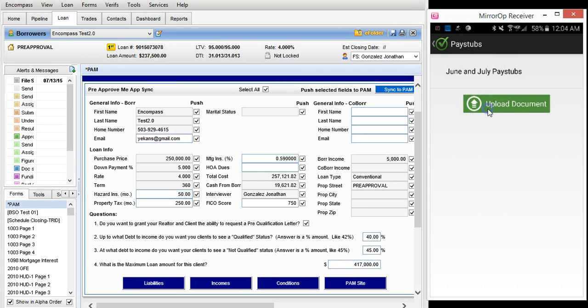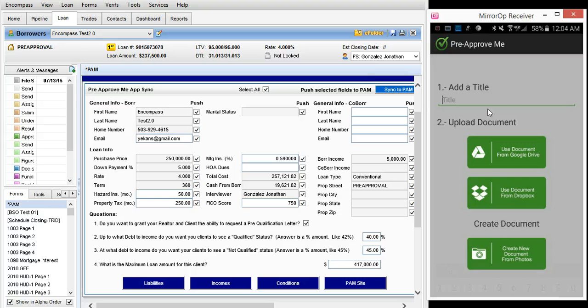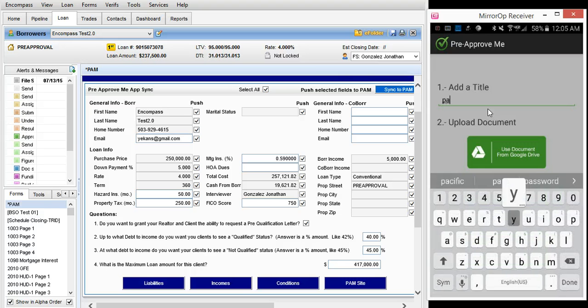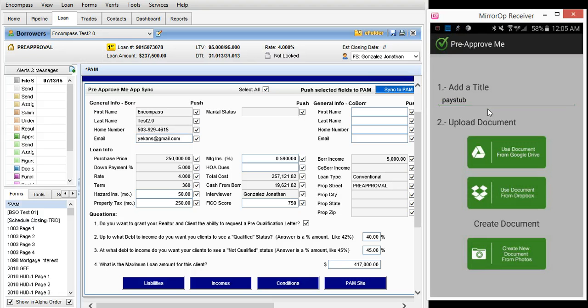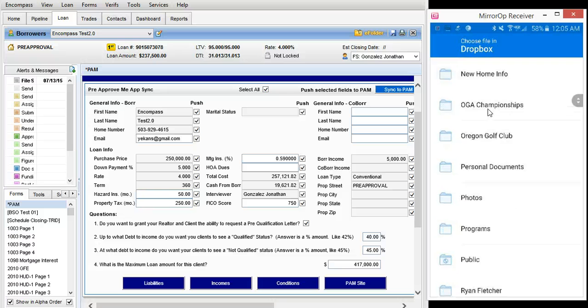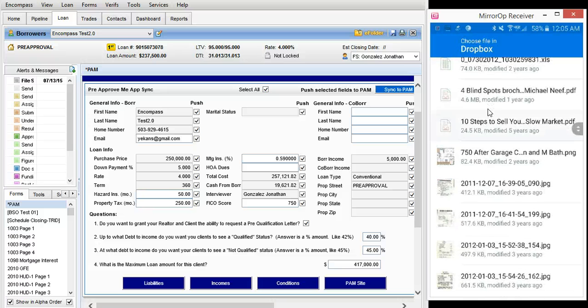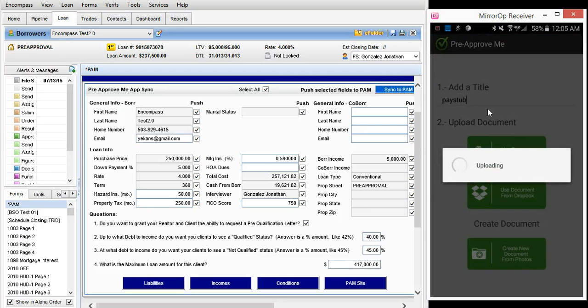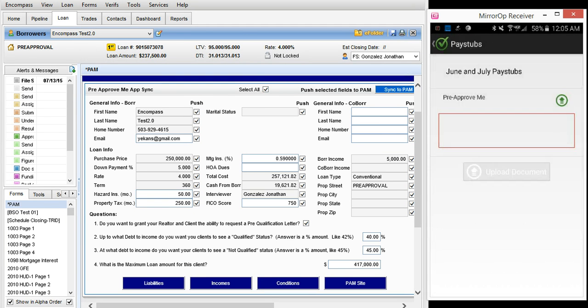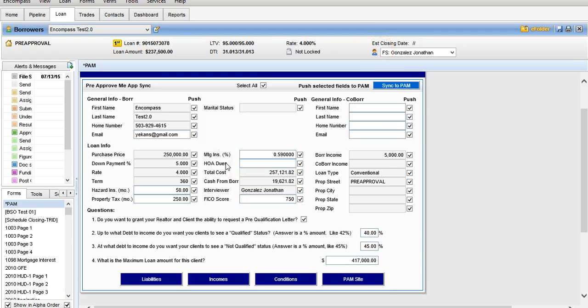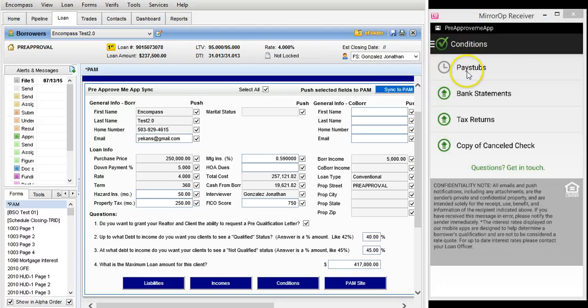Okay, so I'm going to go ahead and upload a document. I'm going to give it a title here. Pay stub. Grab it from my Dropbox. Okay. Oops. All right. Now you see here that the pay stub condition has been submitted,